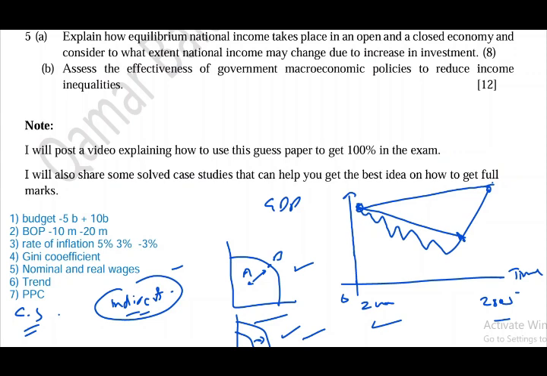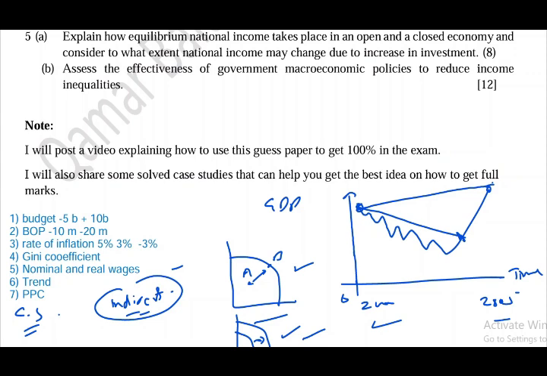And in unit number 3, you have minimum and maximum prices, and you have transfer payments and direct public provision. These are the important things that may be tested from unit number 3. Inequalities of income, how to reduce inequalities in the country, and what is the effectiveness of government policies to reduce inequalities? These are the questions that may be tested from unit number 3.